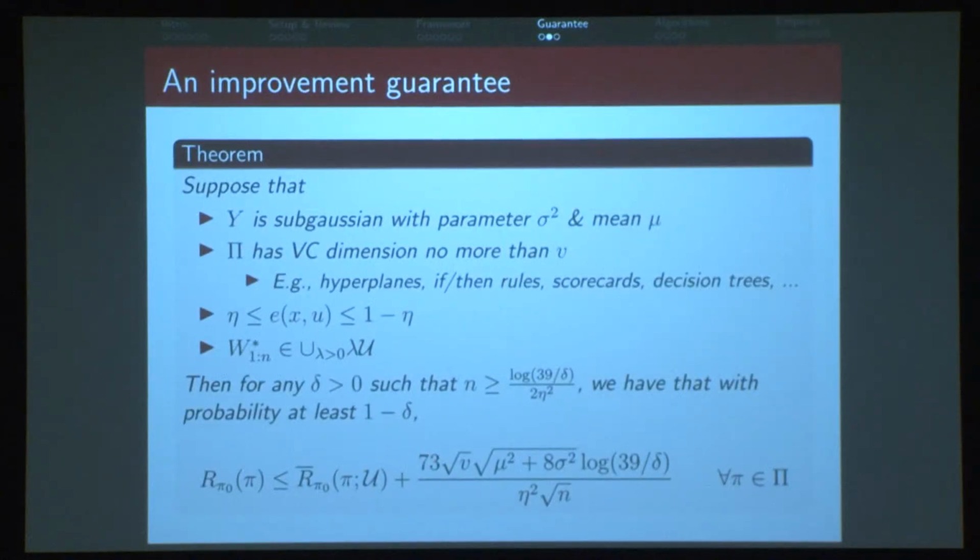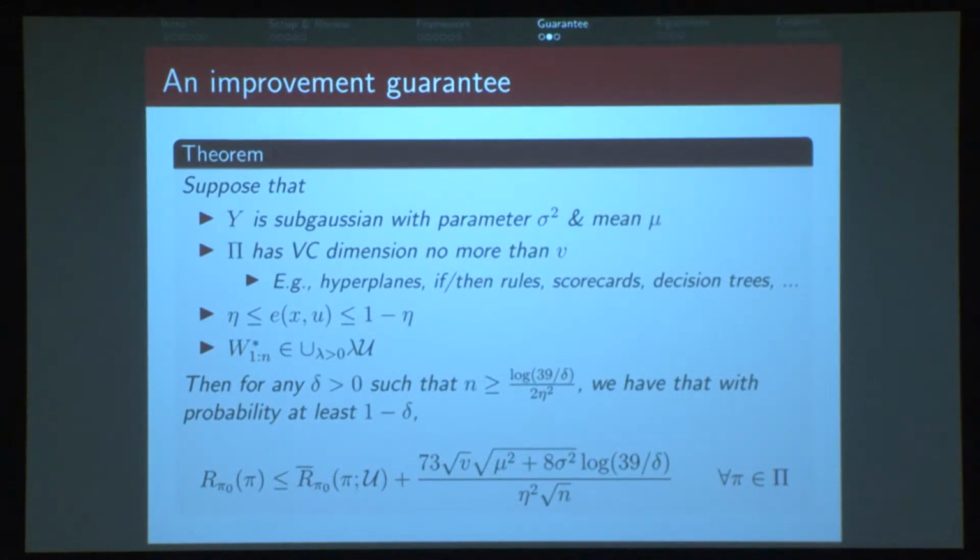So we prove in the paper the following theorem. This says that suppose that the outcomes are sub-Gaussian, that is, they have nice tails. They don't have fat tails. They have small tails, or if you want to think about it, just think about bounded outcomes. That would be sub-Gaussian. And if the set of candidate policies has a finite VC dimension,